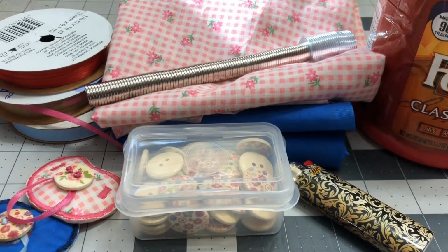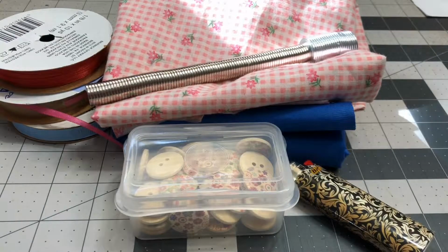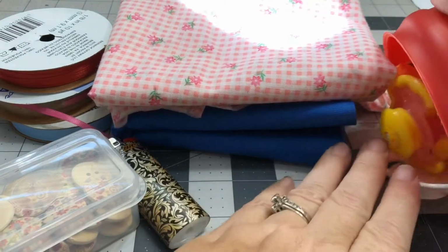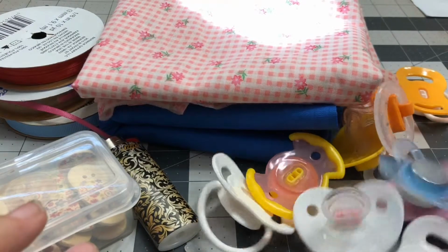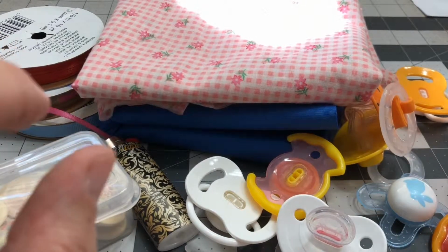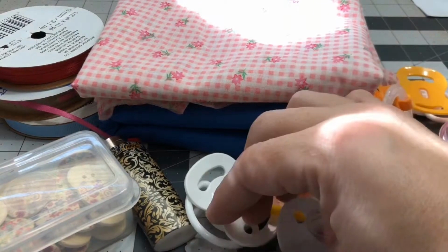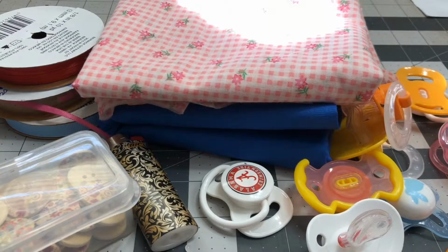Okay, so today I want to talk to y'all about pacifiers. Magnetic pacifiers. Ever since I've made my babies, I've always used magnetic pacifiers for different babies. Some of my babies, I don't use them, and a few years ago, I decided I'm not going to use the magnetics anymore, because it's getting harder and harder to